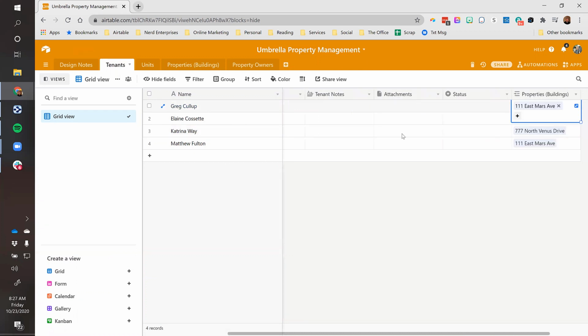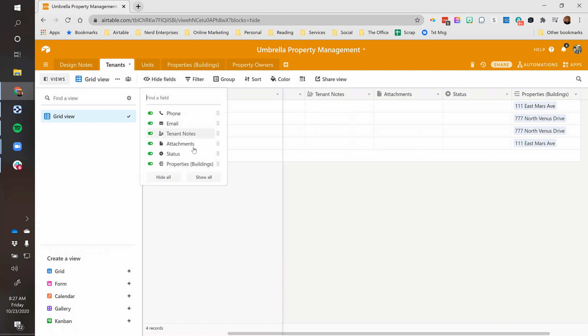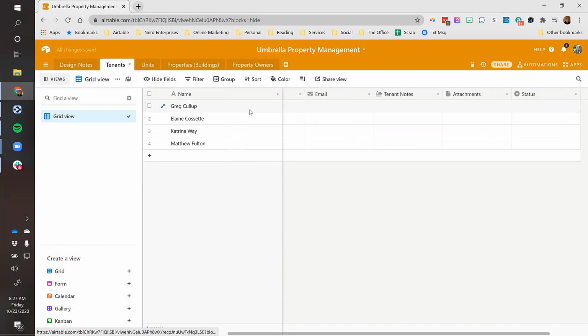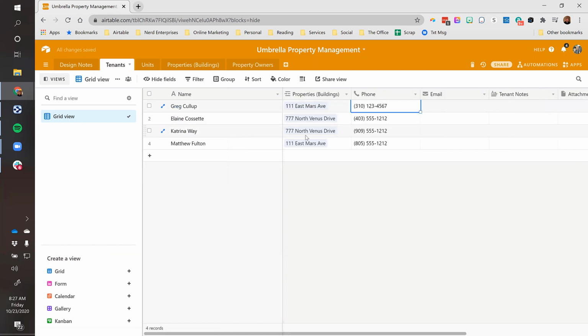We've got the properties that they're associated with. Again, I can reorder these things. Maybe I want to see that first. I want to see exactly what property each tenant is in. And now what I can start doing, just to give you an idea of where this is all heading, is this first initial view is called the grid view. It's just a generic, sort of flat file kind of view. So let's call this master tenant